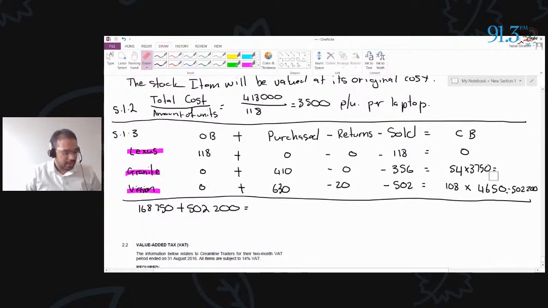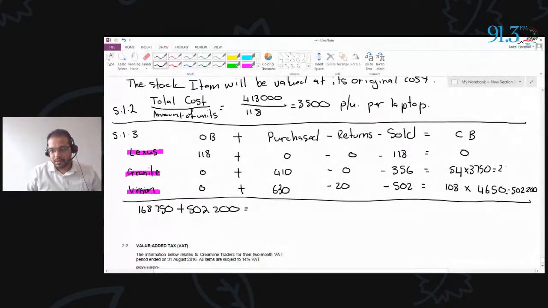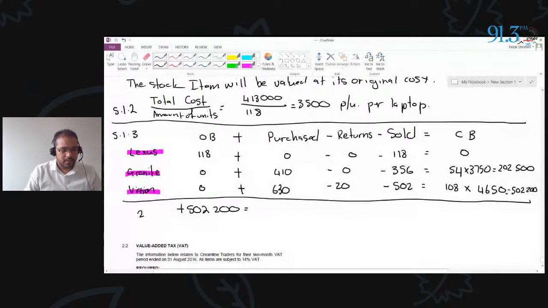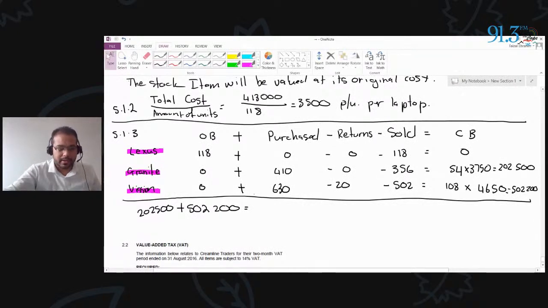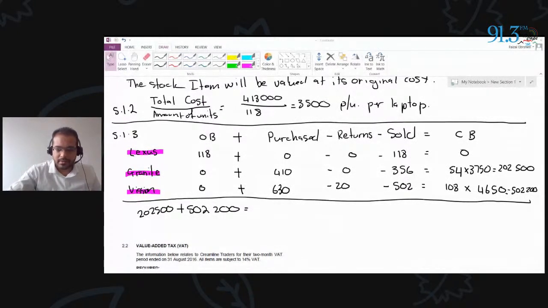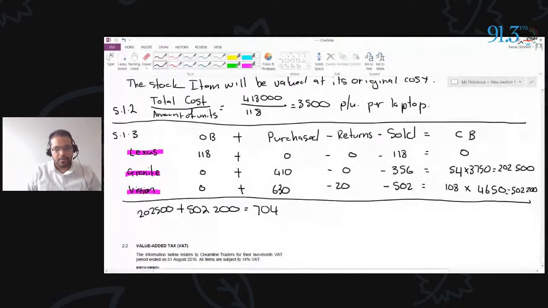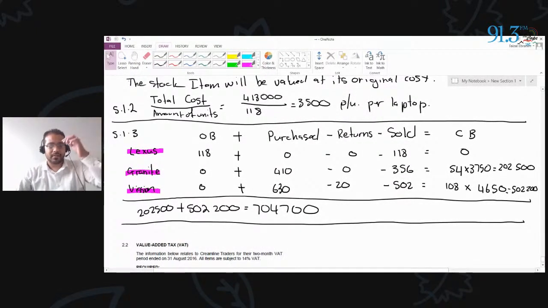So this amount here should actually be 202,500. And then we have to erase the part here also. 202,500. And then if we take out our calculator again, we'll say 202,500 plus 502,200, and then we should get a value for closing stock, which is 704,700, and that is 100% correct. 704,700 people, and that is my interpretation and explanation of the specific identification method regarding the valuation of inventory